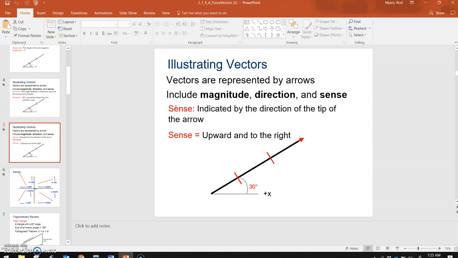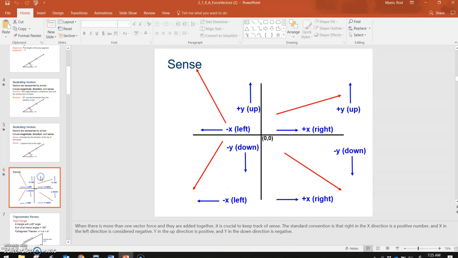And the last thing that we have to indicate about a vector is its sense. A sense is indicated by the tip of the arrow, which way it is going. We're not measuring this, we're just describing it. So this one is going upward and to the right. Again, if you think about your xy coordinates, this vector here is going up and to the right. This one is going down and to the right. This one is going down and to the left. And this one is going up and to the left. So anything on the negative x is going to be to the left, the positive x to the right. If it's going up, it's going to be positive y, and anything in a negative y is going